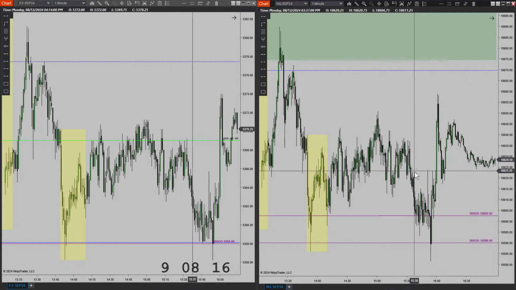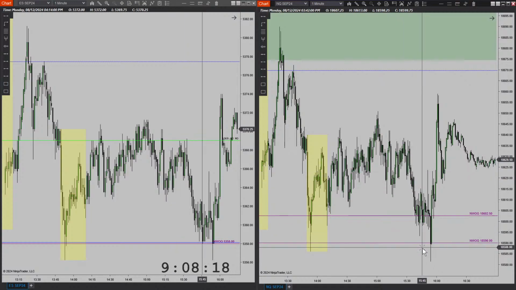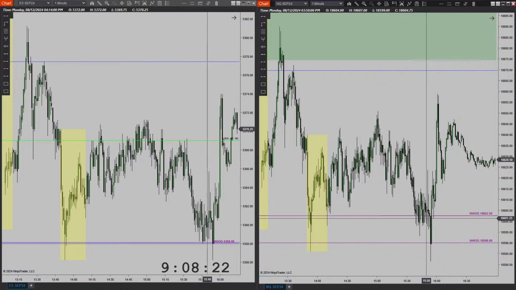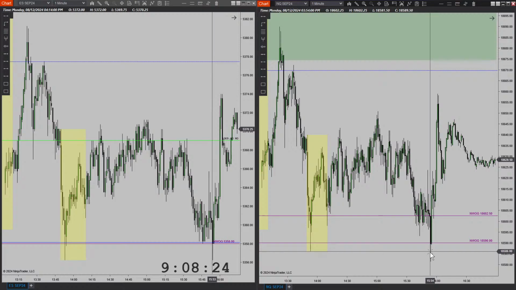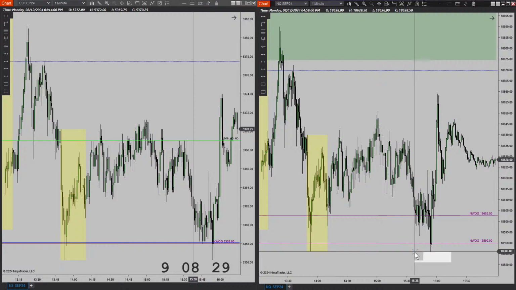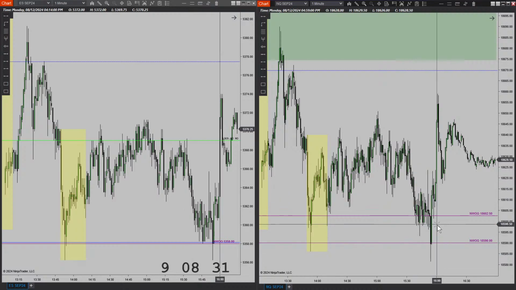And so again, I got into this gap here and targeted these lows here. I did cover one into here once price started consolidating again, but I held on to a last one into this area, micros, and I was able to get a good 40 points off of it.